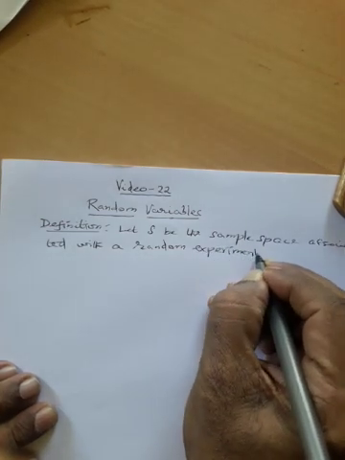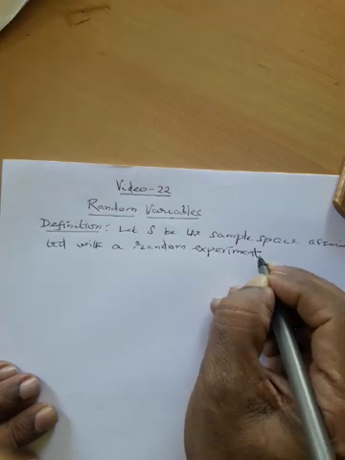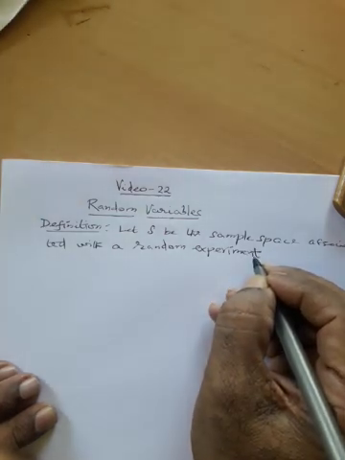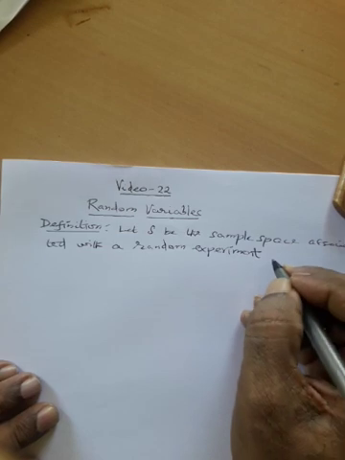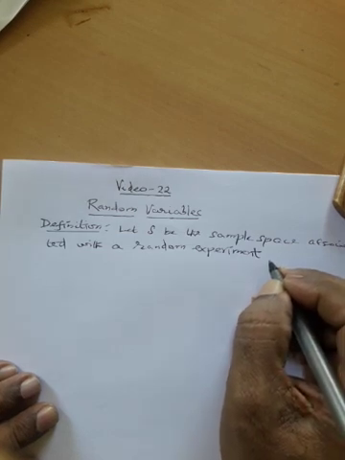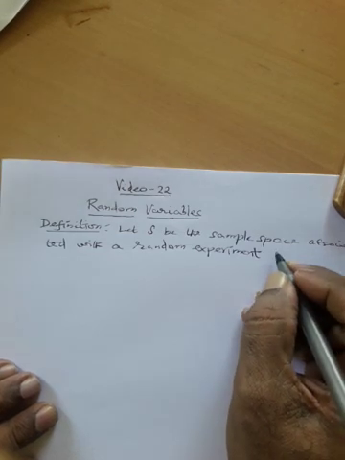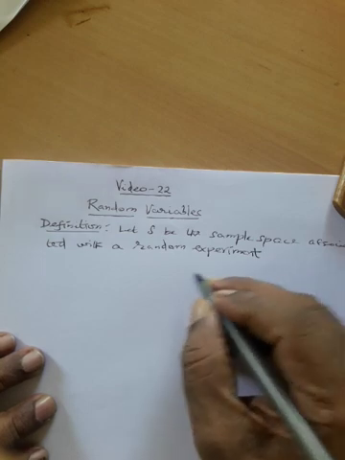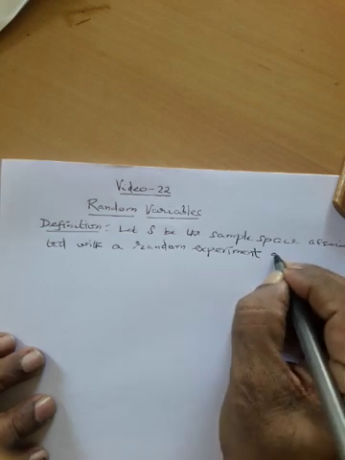Random experiment means it is an experiment in which we do not know the outcomes. Right? Sample space means the set of all possible outcomes of a random experiment, and let